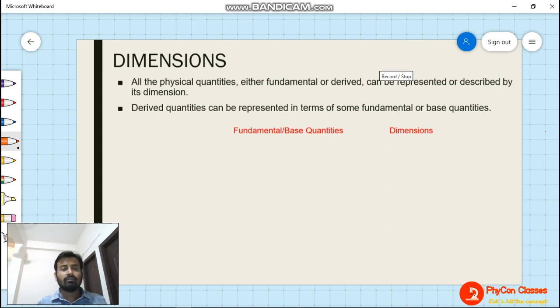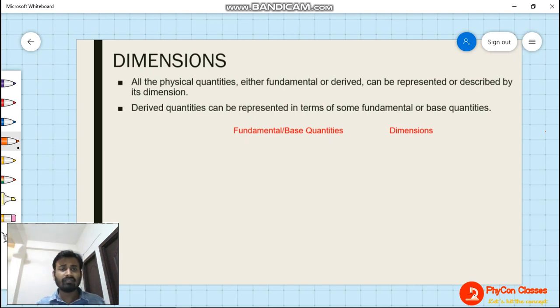Okay, now coming to dimension, the new topic here. So what are dimensions here? Before starting with dimension, let me just tell you about physical quantities. So what are physical quantities? Physical quantities are those quantities that can be measured and can be written in terms of some numbers along with some units, like your weight, mass, length, time, temperature, density. These things are the quantities that can be written in terms of a number along with a unit. So those are physical quantities. This can be measured, right?